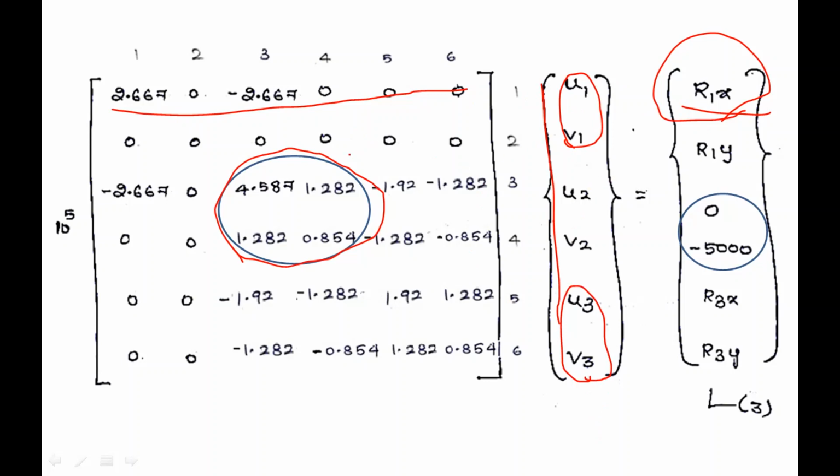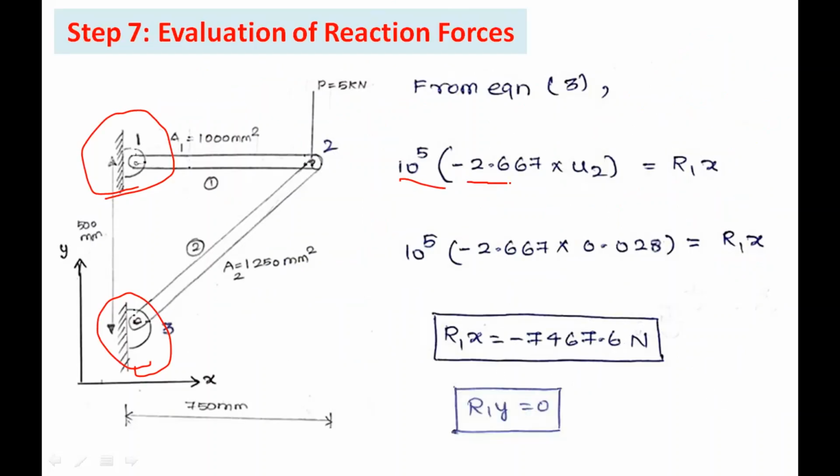So remaining is only U2, V2. When you multiply this one, minus 2.667 U2 is equal to R1x, because this V2 component is also 0. 10 to the power 5 times minus 2.667 multiplied by U2 equal to R1x. Substitute the U2 value 0.028. So you are getting the R1x value as minus